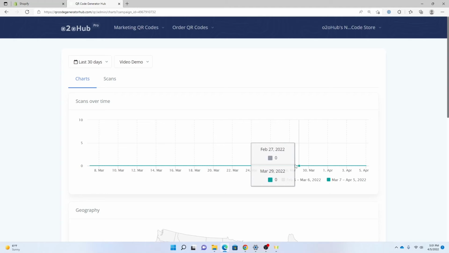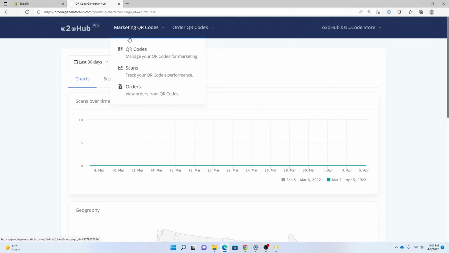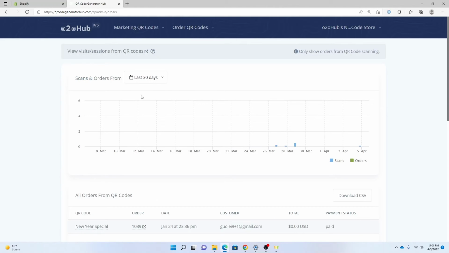Obviously, there's no scans. We just made that. But if I went and scanned it, you would see that scan show up here. So that's saying scans. But what's often really helpful is seeing the orders. Now, I should say viewing orders is a pro feature of this app, and so it costs a few bucks per month to use it. Everything else I was showing you, creating QR codes, viewing the scans, that's all free, and that's always free. If you want to view orders, you've got to subscribe to the pro version, but it's definitely worth it